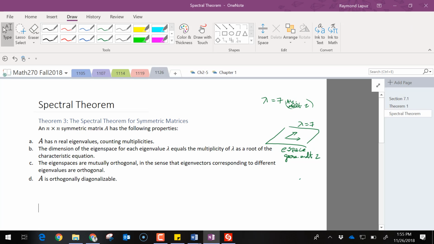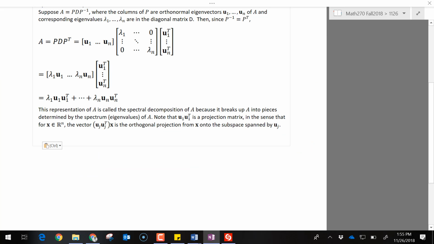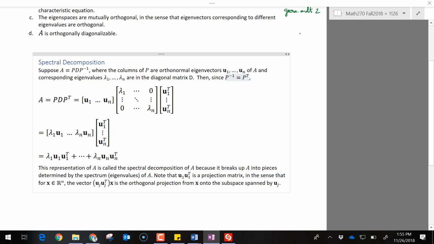So let me get this down here. If you're able to write your matrix and diagonalize it, where the columns of P are orthonormal eigenvectors, so if you had one of those that doubled up, then you make sure you're orthogonalizing it, and you have the corresponding eigenvalues lambda in a diagonal matrix D. So if P inverse is equal to P transpose, then you can rewrite your A as,